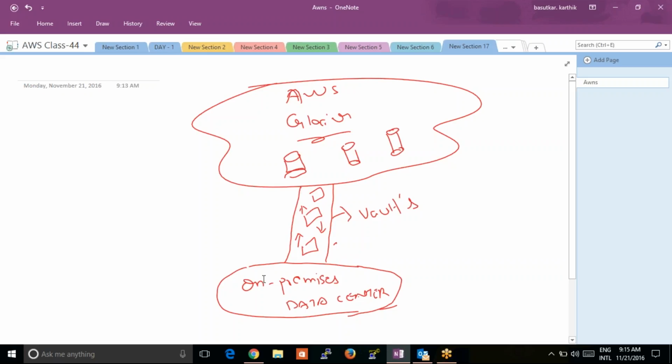See, it's like you're making a vault connection between AWS Glacier and your on-premises data center. Whatever backup data you want to upload to AWS Glacier as a DR point, here you want to create a vault. After that you have to upload your data. While creating a vault, you have to choose in which region you want to create this vault,